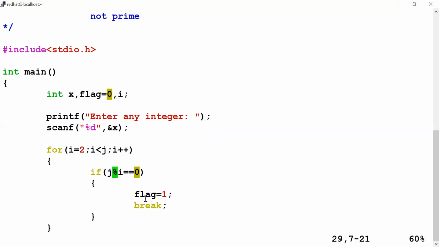I am starting with 2. For 2, is it a prime number or not. For 3, is it a prime number or not. For 4, is it a prime number or not. Likewise, I am going to check. So this time I use another loop. Here j I am starting with 2 and